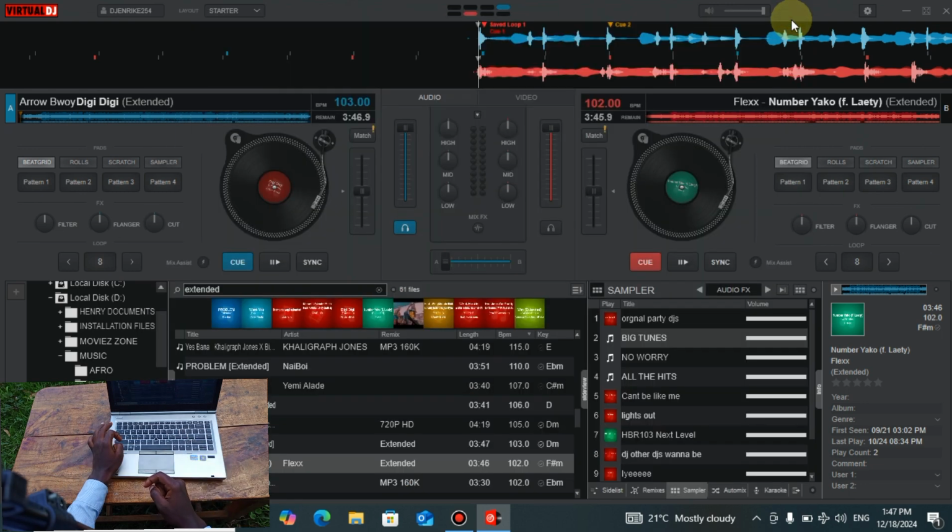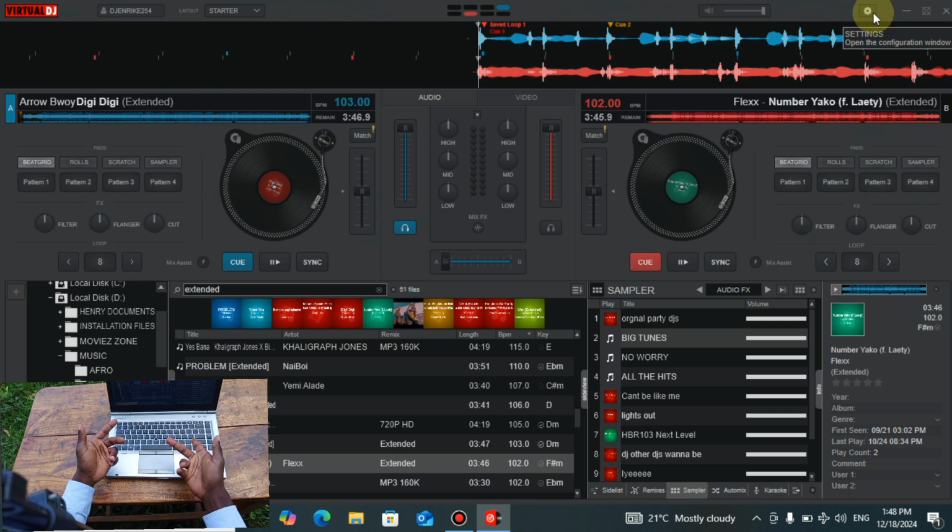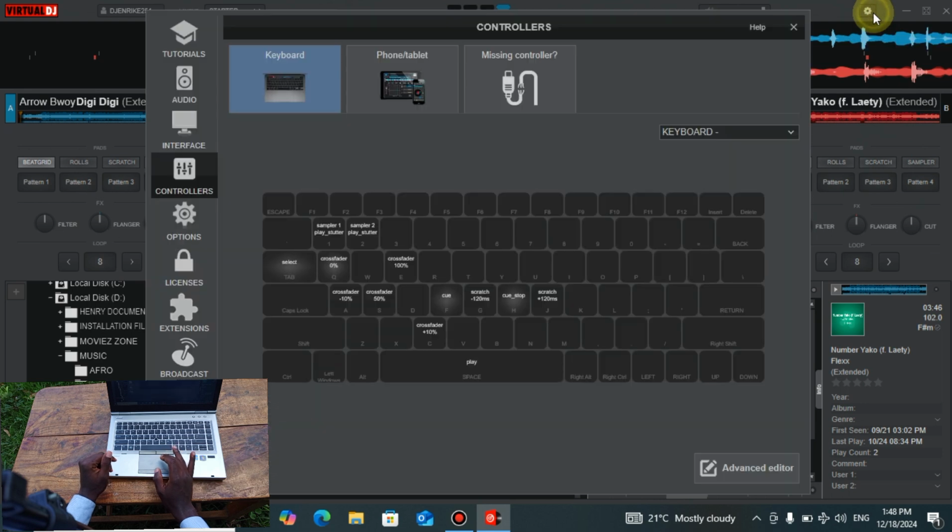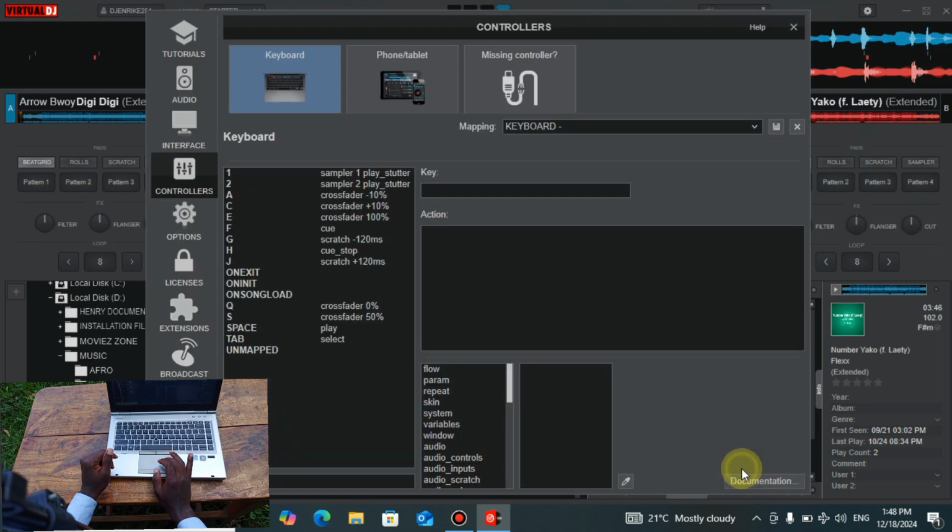So remember, you set your Q at 0%, S at 50%, and E at 100%. And remember also, at some point you might want to have a transition. So to set these, I usually use A and C. At least they should be far apart to avoid accidental touches. So just go to the advanced settings,